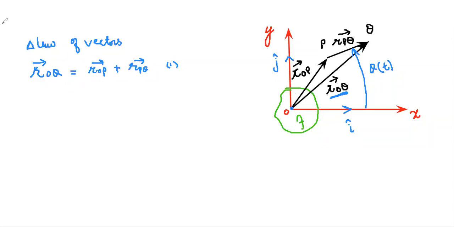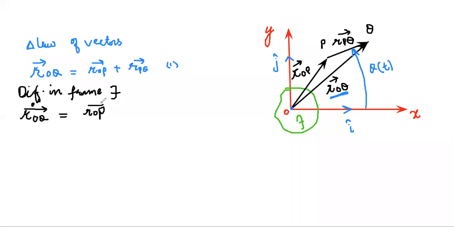So we will write here, differentiating in the ground frame of reference, we represent like this. Differentiating in ground frame of reference, we will get the derivative of ROQ vector, with a dot over it,